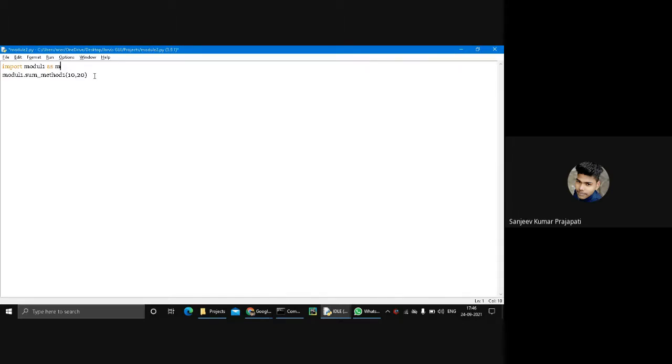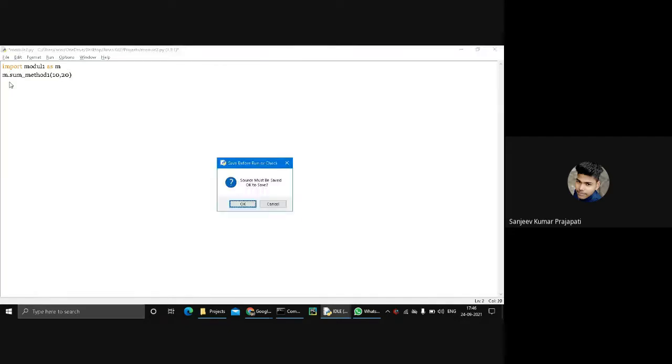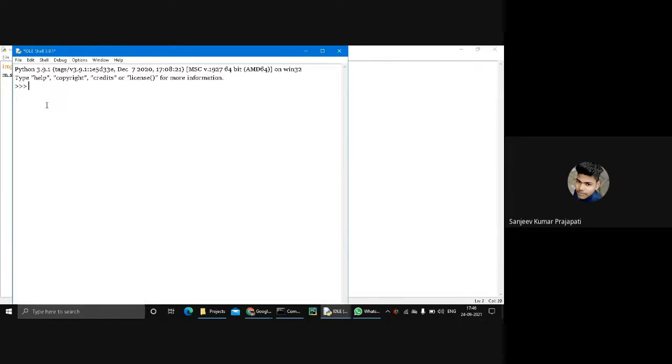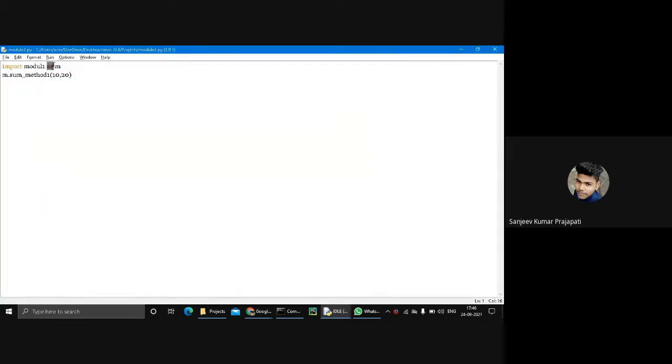So m is my alias, used to replace module1 with m. I perform m dot sum with 10 comma 20 and press F5, and again the result is the same. So now it's clear what is the meaning of as.